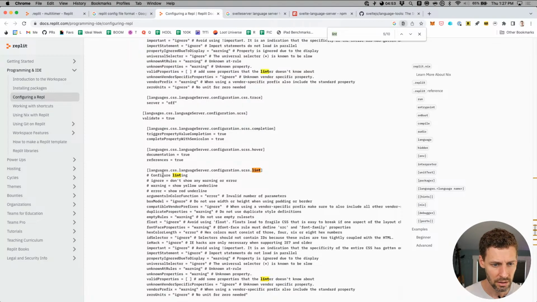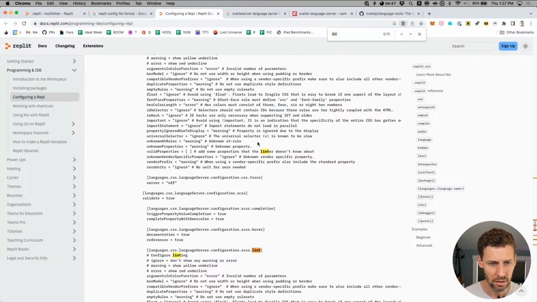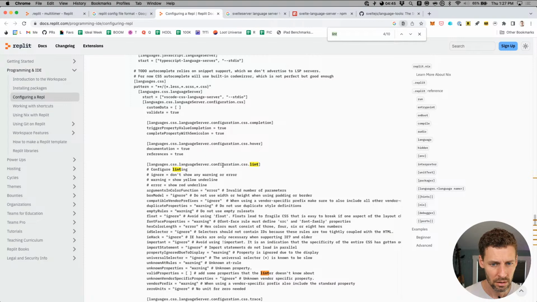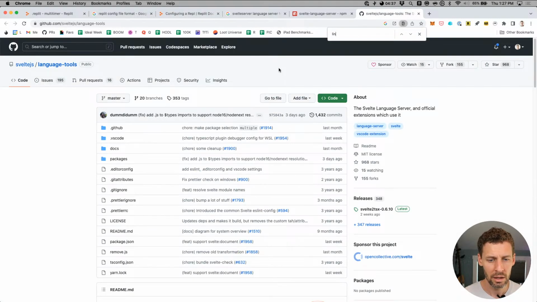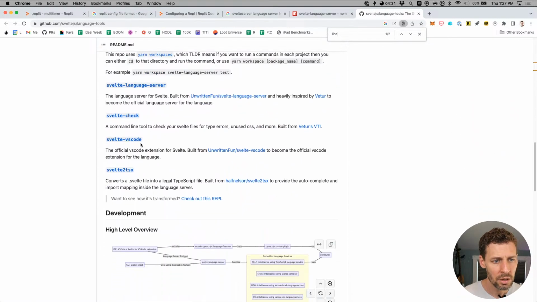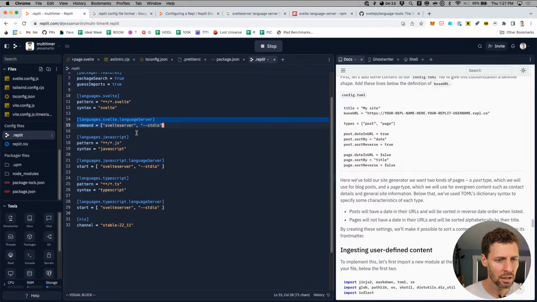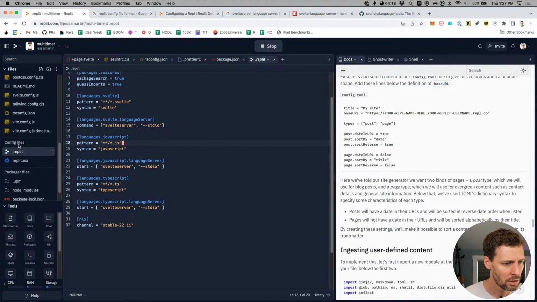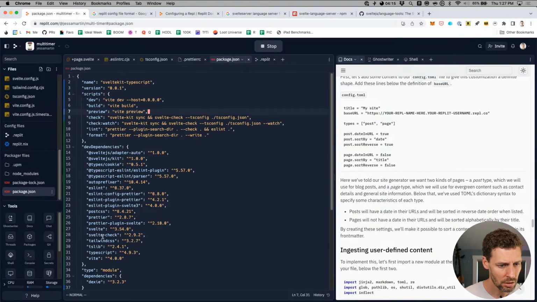Configured linting. It's pretty cool. And that's SCSS. Yeah, so apparently these language servers can include formatting and linting. I'm not sure. SvelteKit. Oh, that's interesting. This had SvelteKit. Where did I see that? Did I see it in my own package JSON? Or was it in this one? Let's see, package JSON. There it is, SvelteKit.